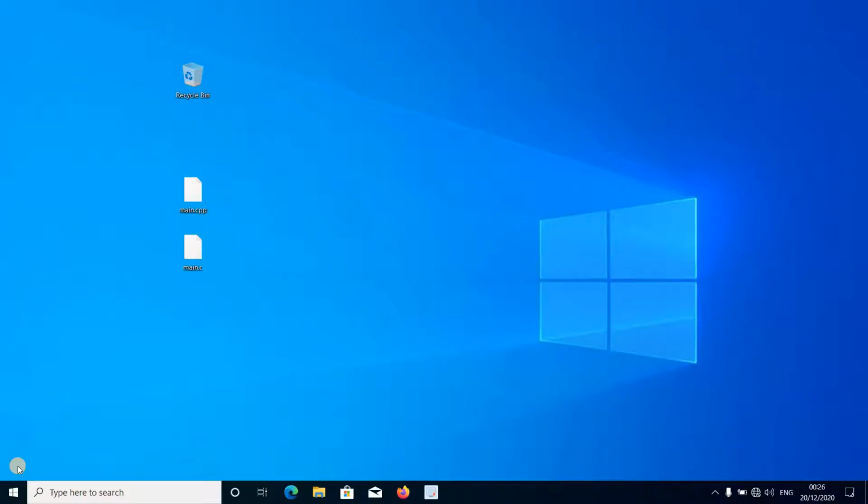Hello everyone. In today's video, we will learn how to compile a C file and a C++ file using the GCC compiler in the command prompt, which is also called CMD. So here we have two files: a file named main.c, which is a C file, and a file named main.cpp, which is a CPP file.